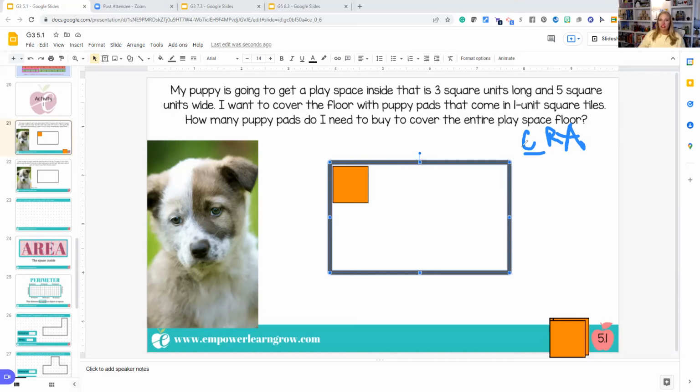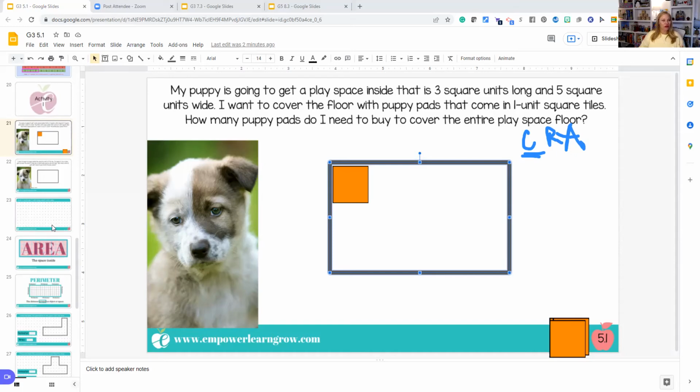But when we think about CRA, C is that concrete. So we want to give kids a concrete experience of filling in a shape, whether it's their desk, whether it's their math book, whether it's a predetermined square or a die cut square that you've given them, or rectangle. Okay, so we want to give them square tiles to fill this space, right? So that's the goal. So we're going to fill it up so we can say that you just found the area of this rectangle. We're looking for the space